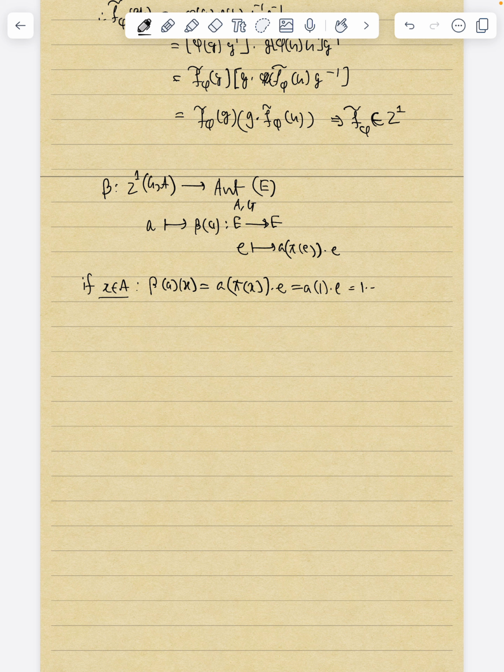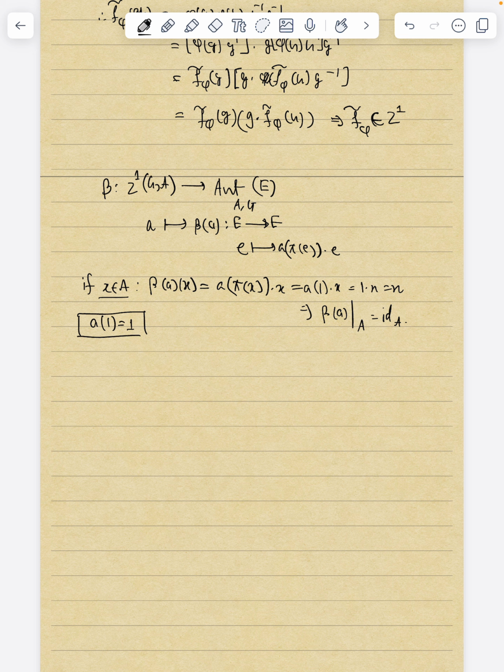And now this is a small exercise you can do, that is to show a is normalized, or in other words, a takes 1 to 1. It's really easy to show just using the cocycle definition. You can get it. So this becomes a. Or I don't know what notation I'm using. This should be all x. So you get beta of a restricted to A